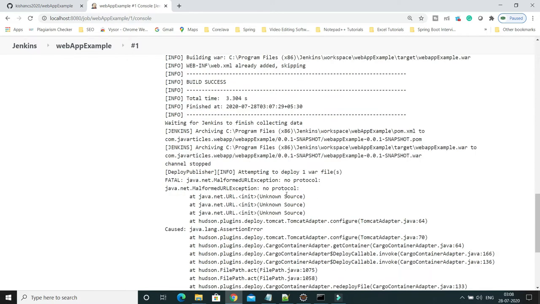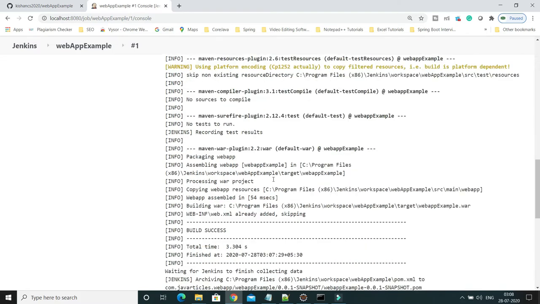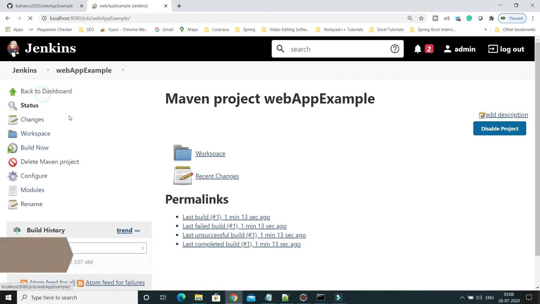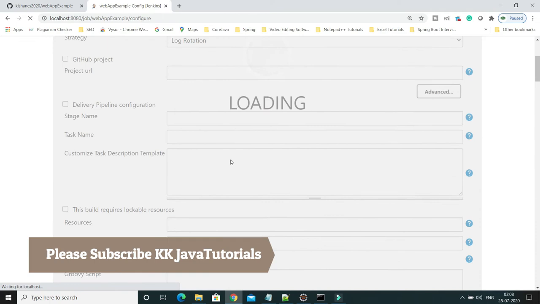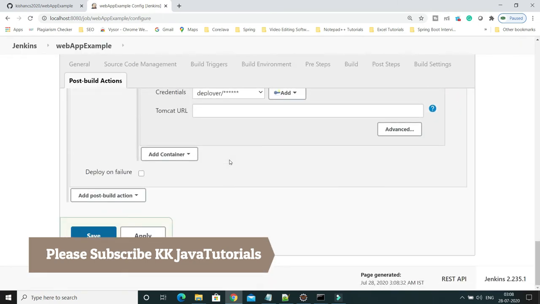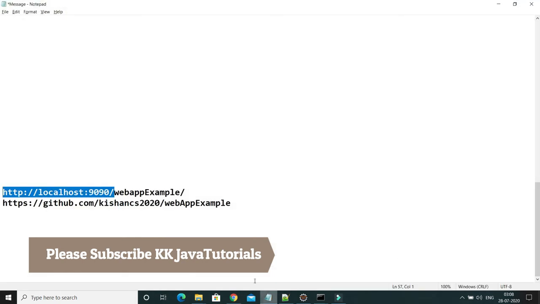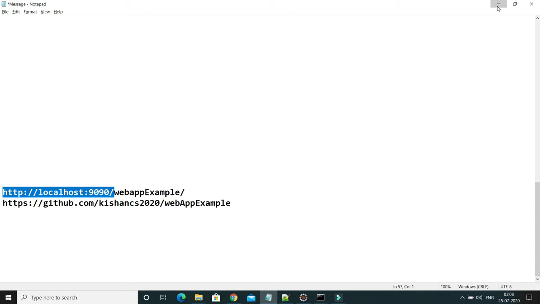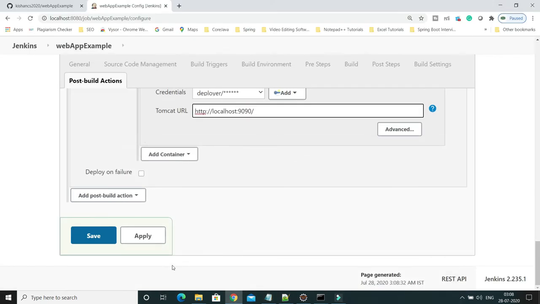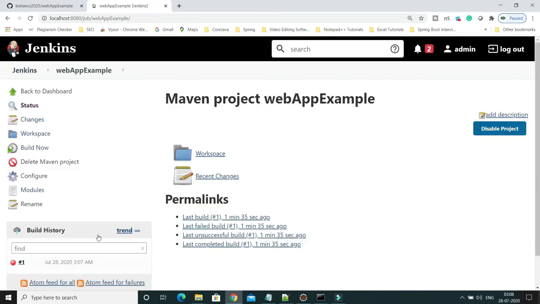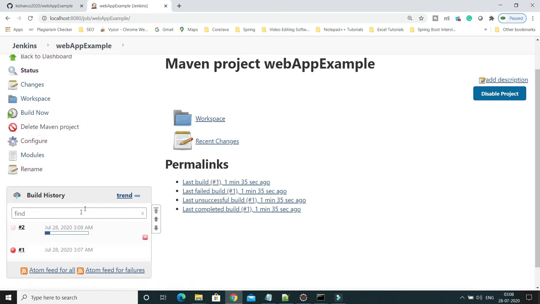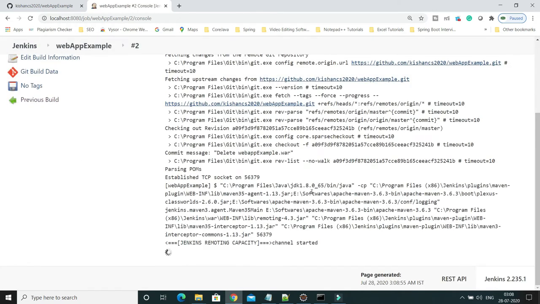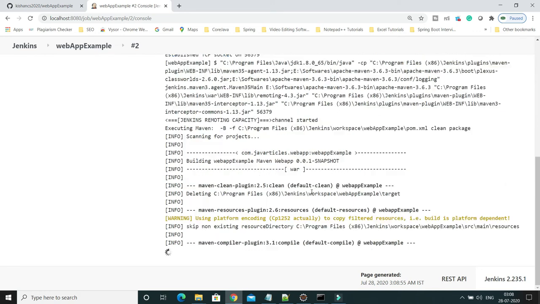Okay guys, I think I have made one mistake, saying that malformed URL exception. I have to go back to the configuration, and I think I forgot to mention the Tomcat URL. So I go to configure. If you come down here, the Tomcat URL I haven't specified, that I have to specify. So the Tomcat URL is this one, just the base URL you have to give. I forgot to, extremely sorry. Now I apply, save, and I will rebuild it again. So the build has started. Now let's see that the deployment should happen correctly.